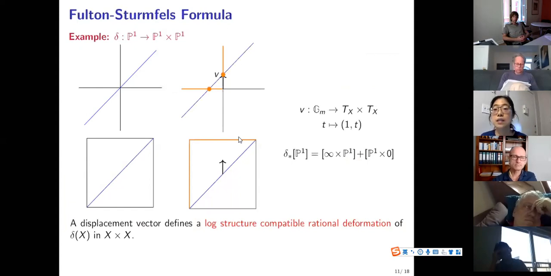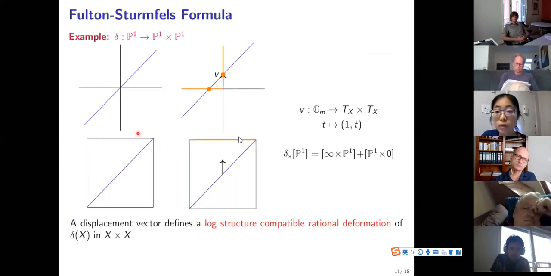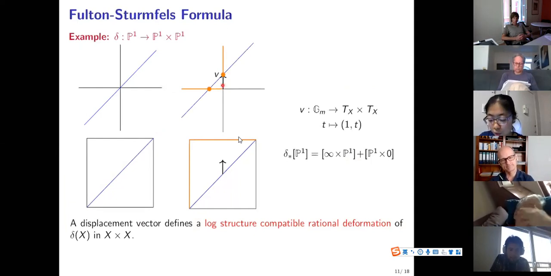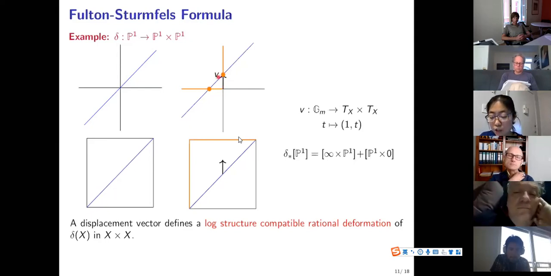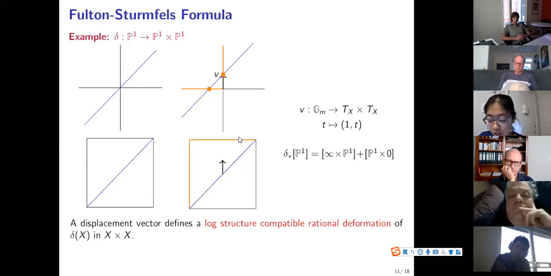And let's see an example of this. So if we are considering the diagonal map of P1 maps to P1 cross P1, and this will be the fan map of it. And if we pick a general vector v that corresponds to the (0, 1) point in the lattice, and if we move the image lattice along this direction, we can find the intersection point, which is this lattice with these two subcones of the fan of P1